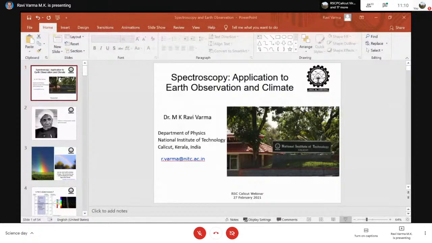Now we have light as an electromagnetic wave, and the shorter the wavelength, the color going to bluish and violet, and they have more energy. On the other side of the spectrum,